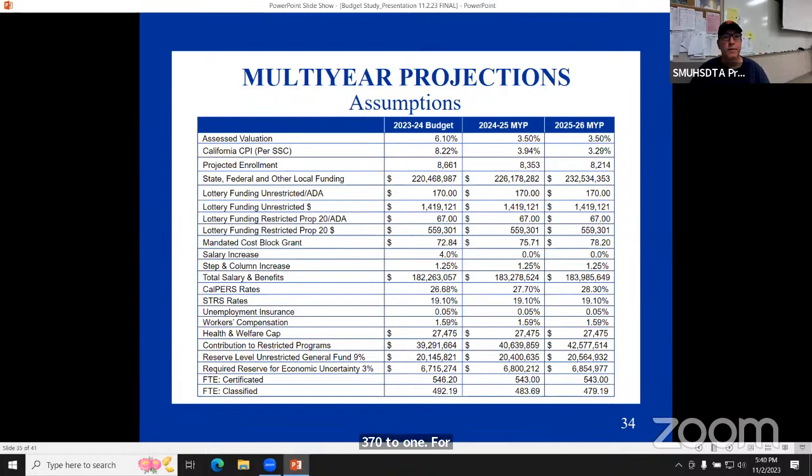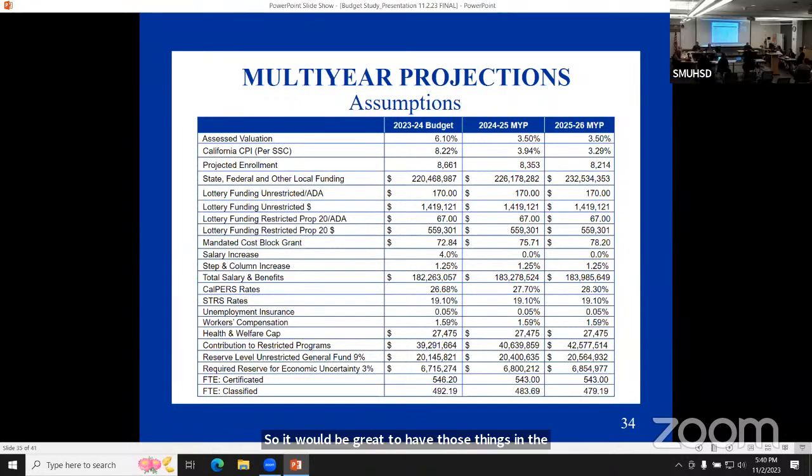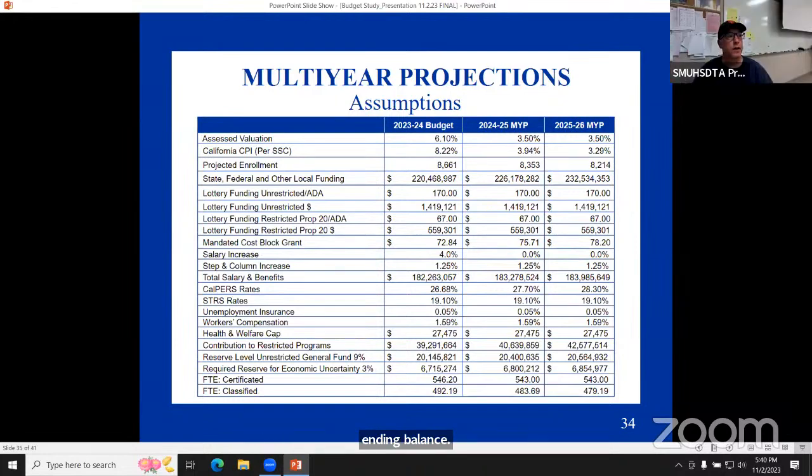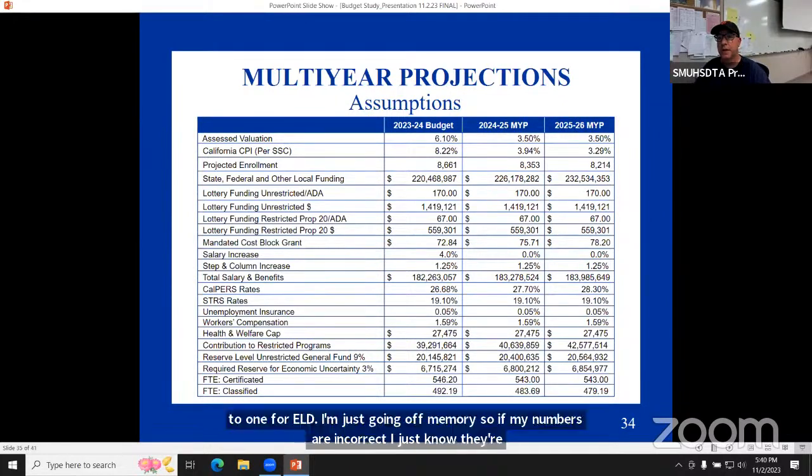So it would be great to have those things in the contract if we can afford it and still maintain an ending balance. 20 to 1 for ELD. I'm just going off memory, so if my numbers are incorrect, I just know. You're doing pretty good. You've got a really good memory. 100% right there. Those are numbers that we should be at least having a more meaningful